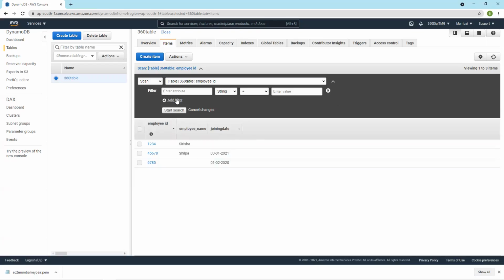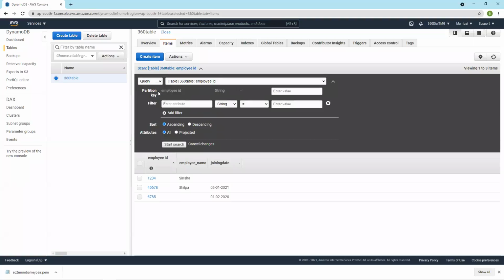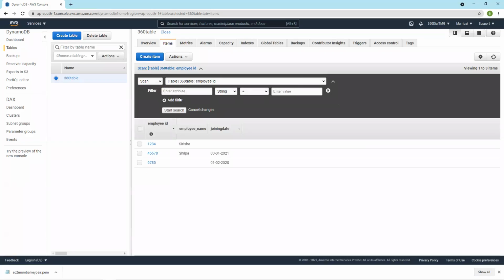If you want to check the other keys also, yes, it's possible in scan, but in query, by default, the primary key is mandatory. Of course, you can add other filters also, ascending, descending, all these things, but the primary key is mandatory, whereas in scan, without the primary key also, you can scan a certain key across the entire table.